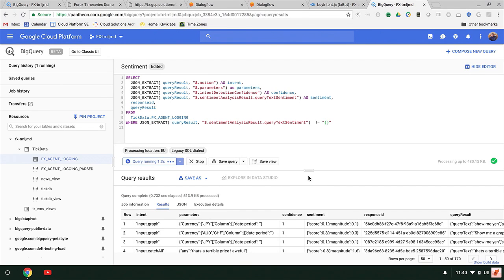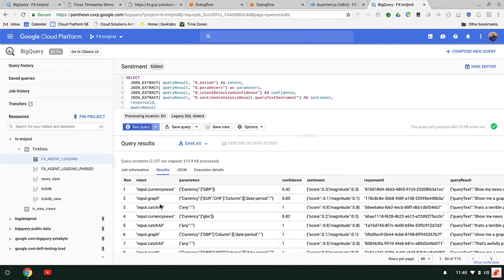If I run the query, it actually will show just what's at the bottom anyway. But here we have the different intents, a confidence score in how confident we were that that was the intent the user had, and the sentiment score that was associated with it. Now, the reason this is interesting is if we have a mechanism for PubSub to notify us something's going wrong, and we have the history of the conversation, we can...